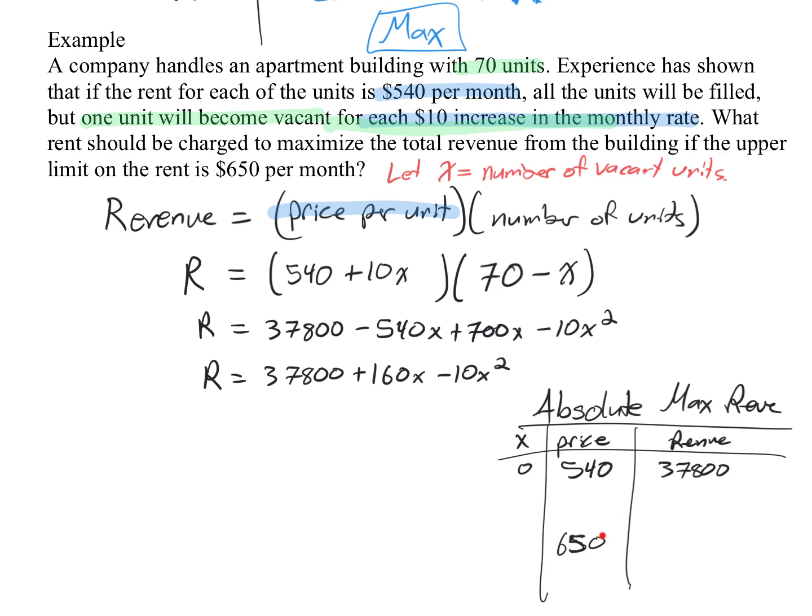So between here and here, we increased the rent by $10 11 times because, just compare the number 54 to the number 65. That's an 11 unit difference. Okay, so in order to figure out the maximum revenue, there's a couple of ways we can do this. You can either take 650, that is your price per unit, multiply by the number of units, that would be 11 less than 70. So you can do the computation that way, or once we've decided that X is 11, you could put 11 into this function. Either way, you should get the same number, which is